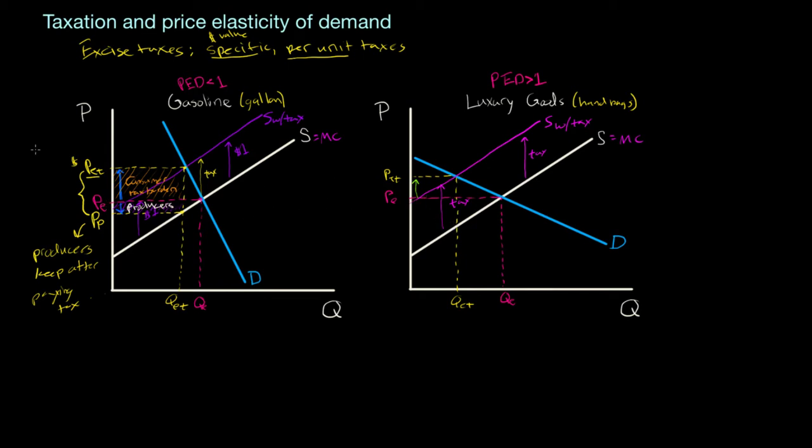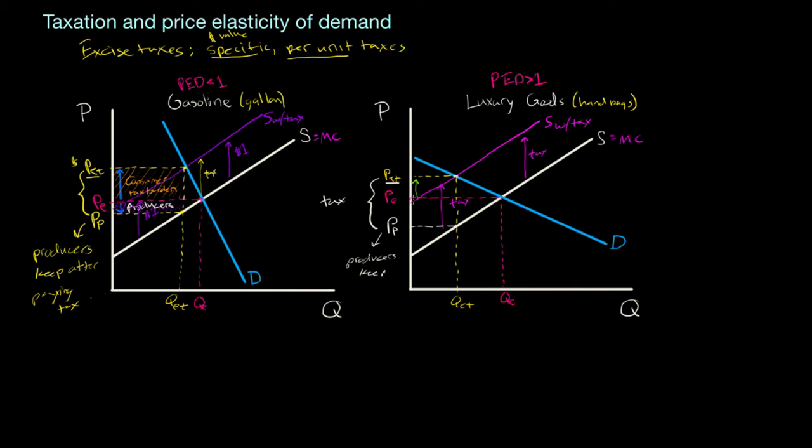On the other hand, the price that producers actually get to keep, which you'll recall, you subtract from PET the vertical distance between the two supply curves, which I can do by going over to my equilibrium point and down to the original supply curve, draw my dotted line over here, and here's the price producers get to keep. So subtract the tax from PET, and I get PP. This is the price producers get to keep